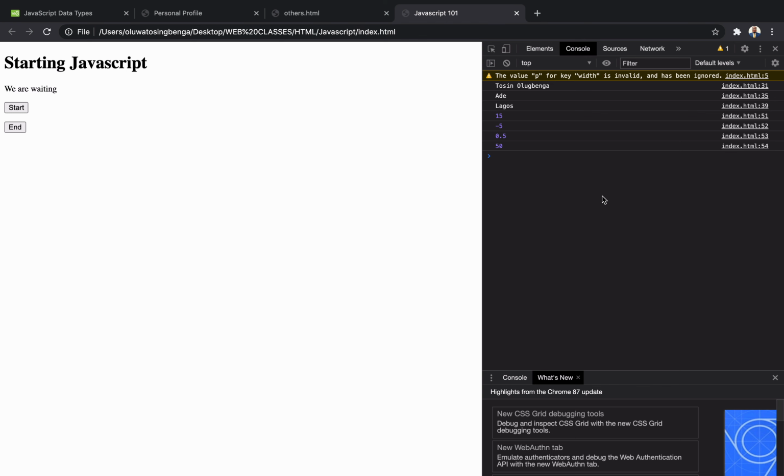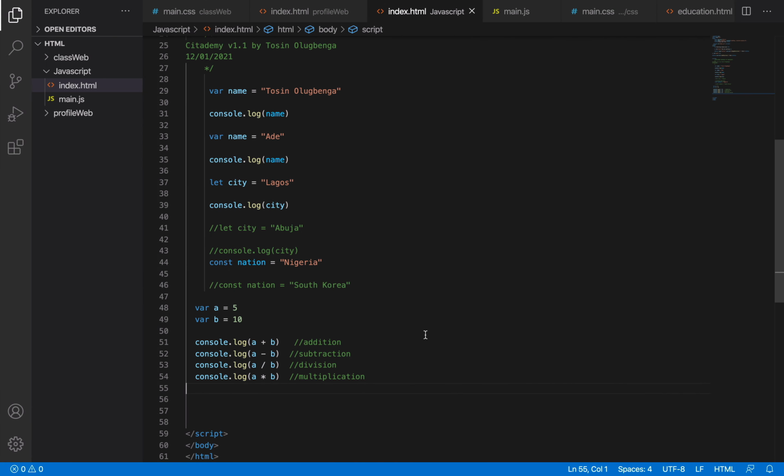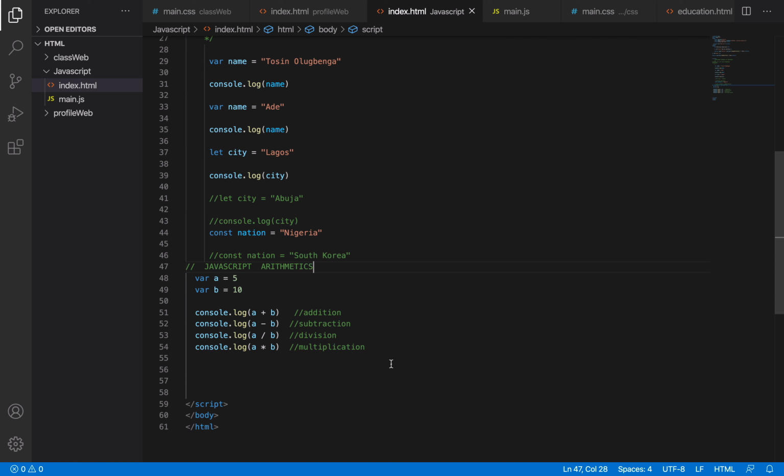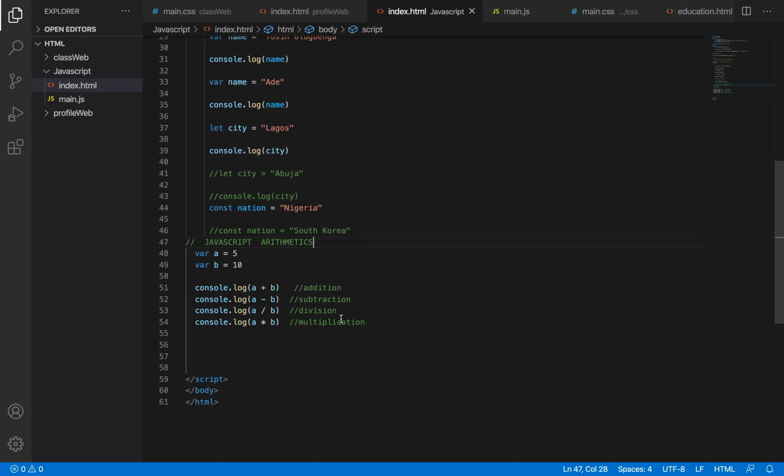So let's keep moving. We've moved to JavaScript arithmetics. There are modules and some other stuff, but these are the most popular ones you